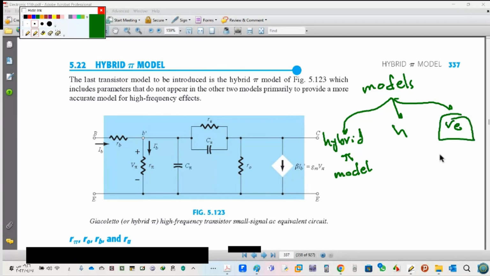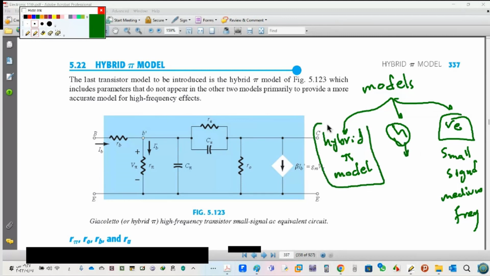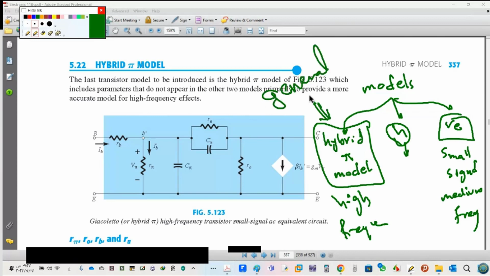The re model is a practical model for small signal, medium frequency. The hybrid pi model can also be used for medium frequency. The hybrid pi model is a model for high frequency, and you can say this is the general model,